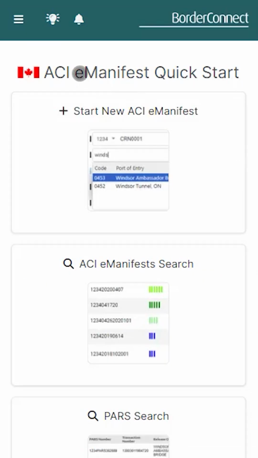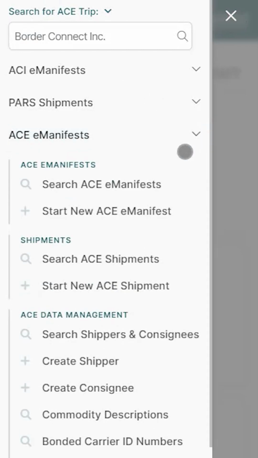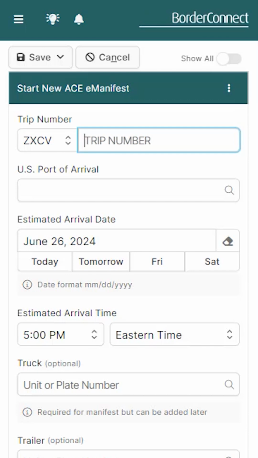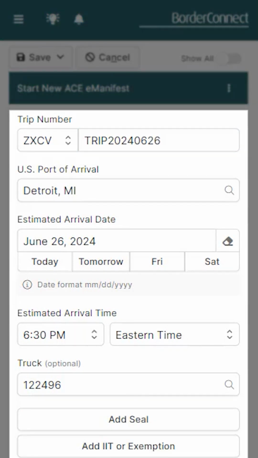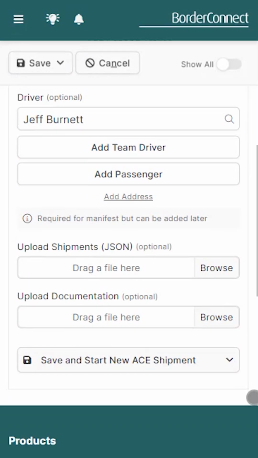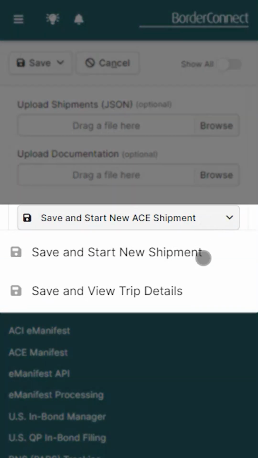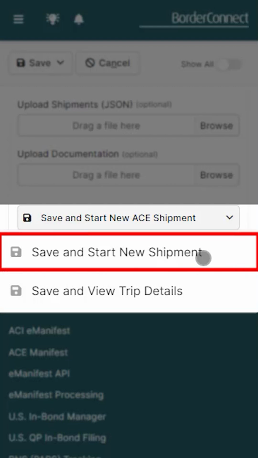Once you're logged in, tap the menu icon, then tap ACE Manifests and select Start New ACE Manifest. And after you enter all your trip information, scroll down to the bottom and tap Save and Start New ACE Shipment. Since there's an ACE In-Bond shipment that needs to be created, select Save and Start New ACE Shipment. And to learn how to enter trip information on an ACE Manifest, tap the link at the top of the